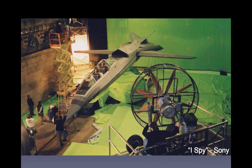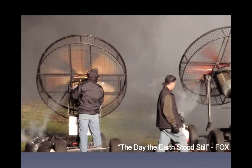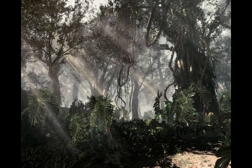If you go for the big effects here with big fans, that's still part of the special effects department. Here on The Day the Earth Stood Still, we had a lot of fans going, big fans blowing a lot of smoke. It's all special effects in that place. When you're trying to texture light with any kind of substance, whether it's fog or maybe floating pieces of paper, confetti, it's again special effects, texturing the light with things